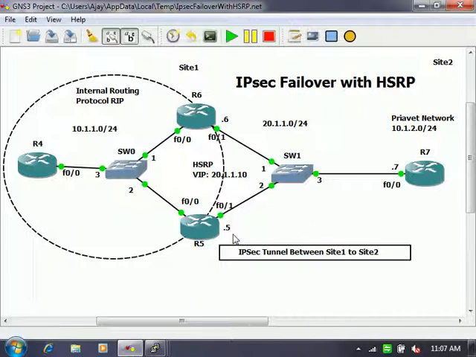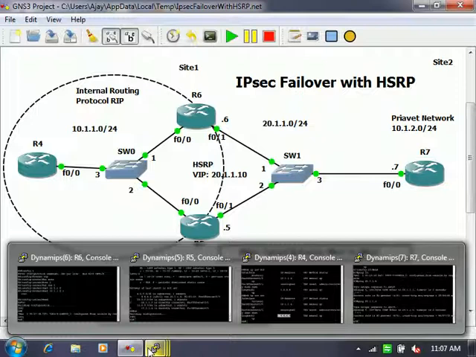20.1.1.5, 20.1.1.6 and 20.1.1.7, those are in the public network. So if you capture the packet over here, you should only see source and destination as the public network, not any private network. Whereas over here you will only see the private networks, not the public network. If you capture packets right after the VPN configuration on any of these three links, you will not see a source or destination address from anything other than the 20.1.1.0 network.